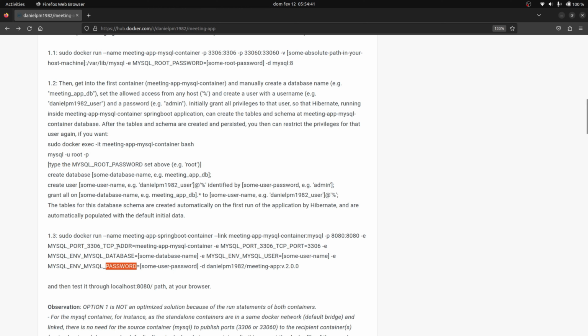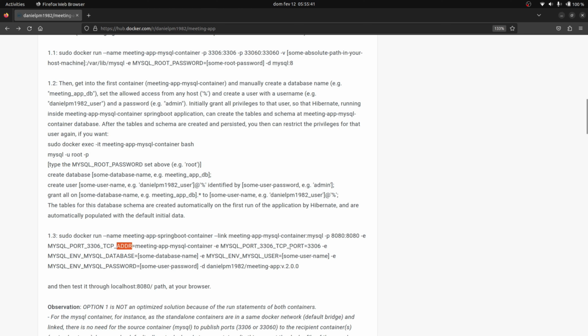But for example, the address environment variable and the port, at least those two, wouldn't need to be declared here at the recipient because they are automatically created from the source data. This source has the value for the address of the MySQL container, which is its IP. So when you create the link here, an automatically generated environment variable is created at the recipient for the